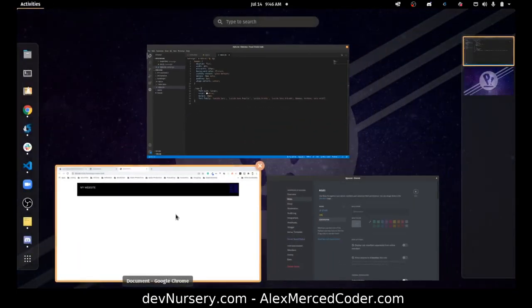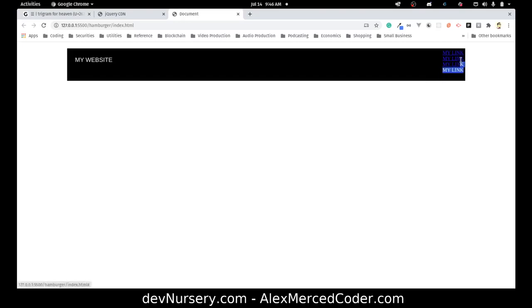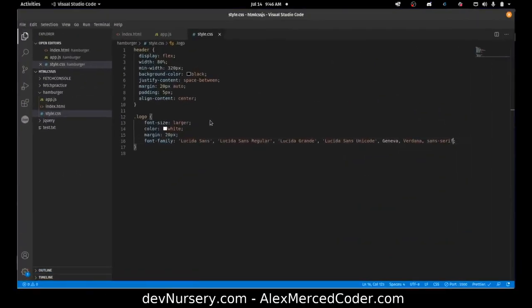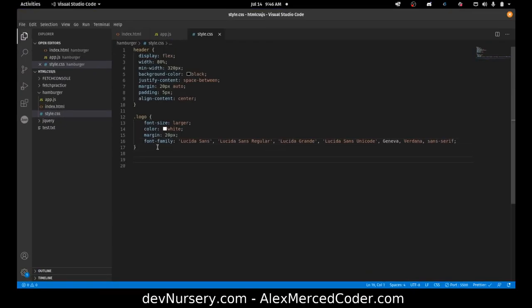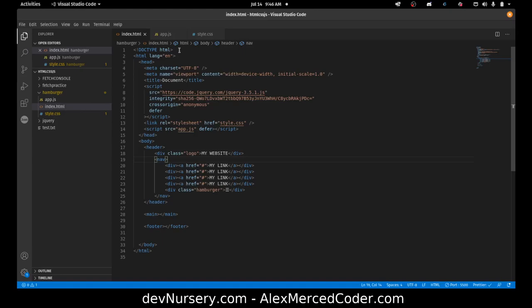What I do want to do is fix this list of links here, make them look like a normal set of nav. See, we have that little menu thing there too. We'll take care of that in a second. So let's head over to the nav item. If I remember correctly, that's where all these divs are. Yep. So we want all of those to be lined up